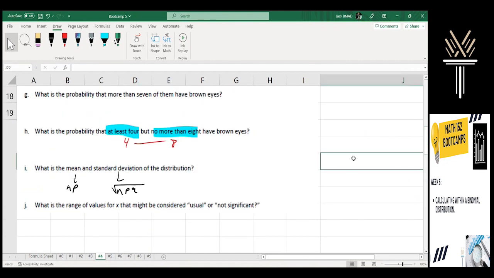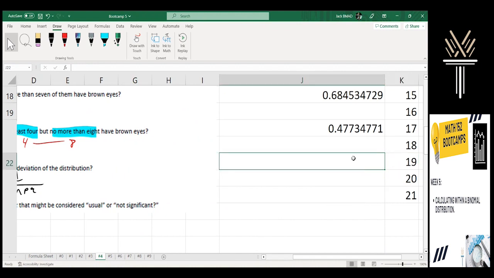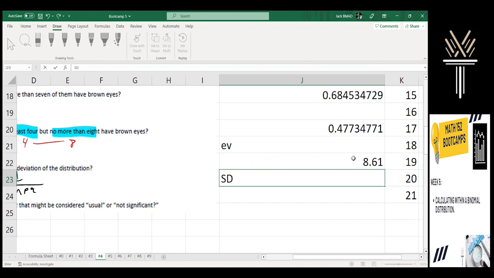So let's do it right here. NP, so our expected value, is 21 times 41%. It's the same calculation as if you did it the long way. And our standard deviation is the square root of N times